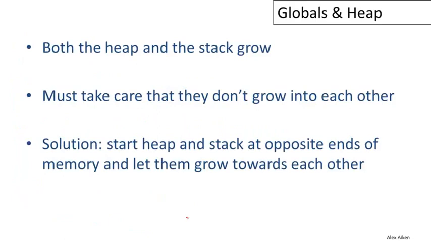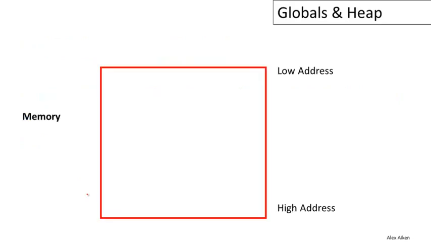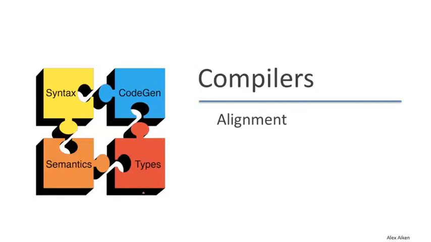Now, many language implementations use both a heap and a stack, and there's a little bit of an issue here because both the heap and the stack grow. And so we have to take care that they don't grow into each other and step on each other's data. And there's a very nice and simple solution to this, and that is to start the heap and the stack at opposite ends of memory and let them grow towards each other. So let's take another look at our runtime organization picture. And just to review, first we have the